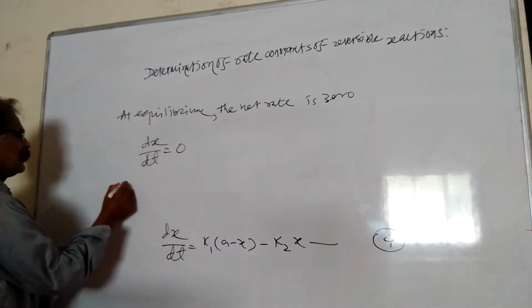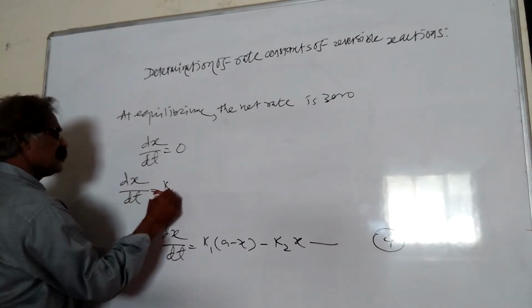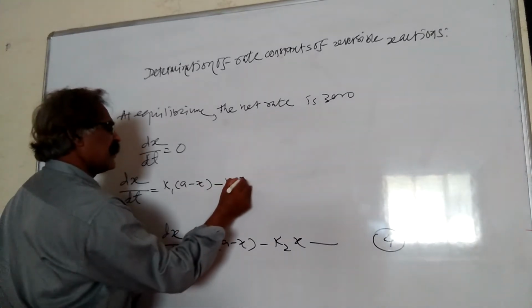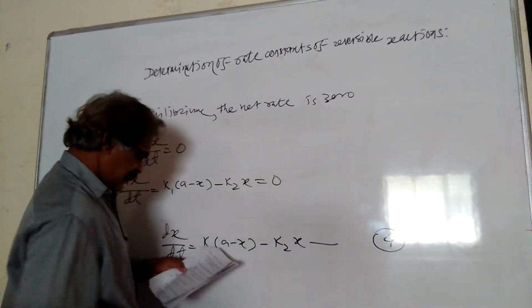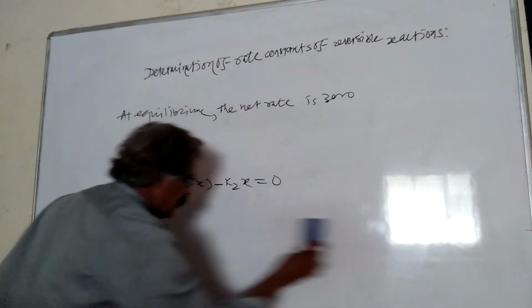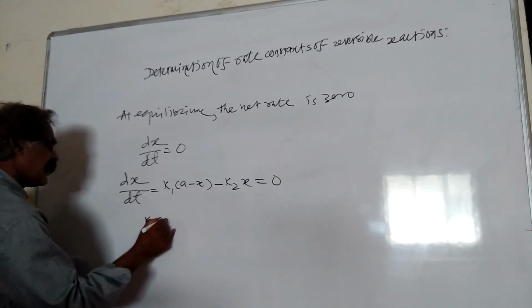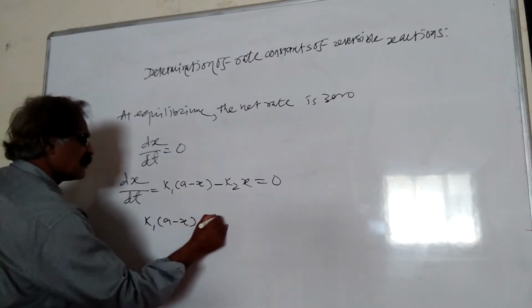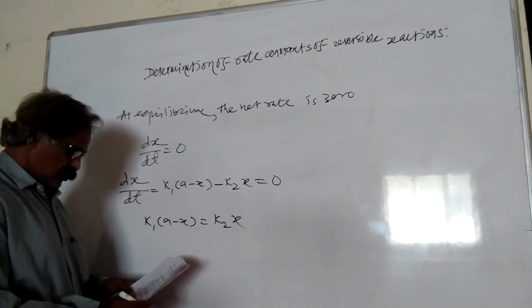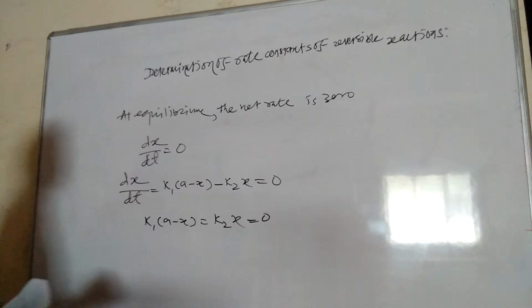Thus we have dx upon dt is equal to K1 into (a minus x) minus K2 into x is equal to 0, or K1 into (a minus x) is equal to K2 into x,